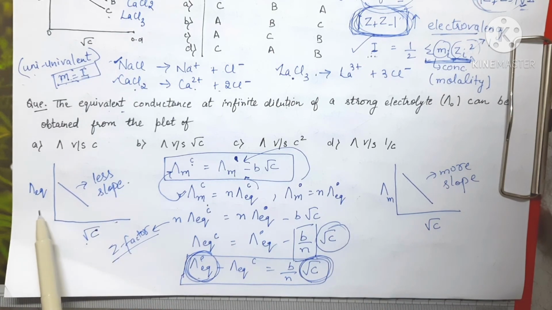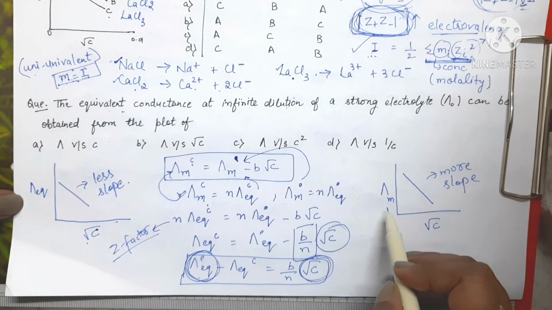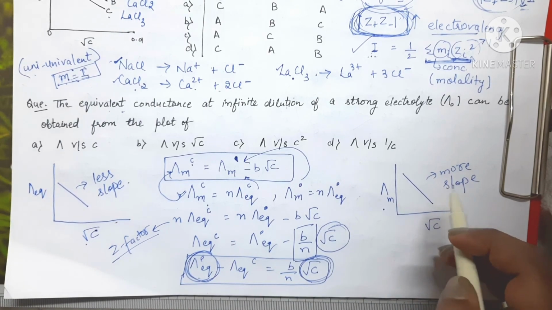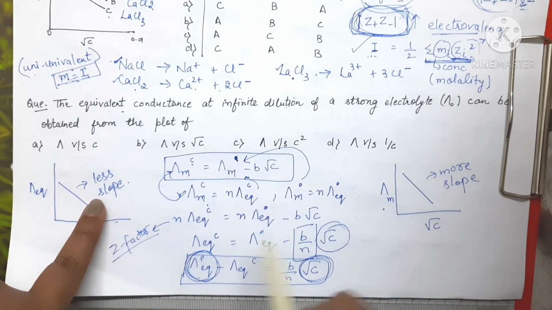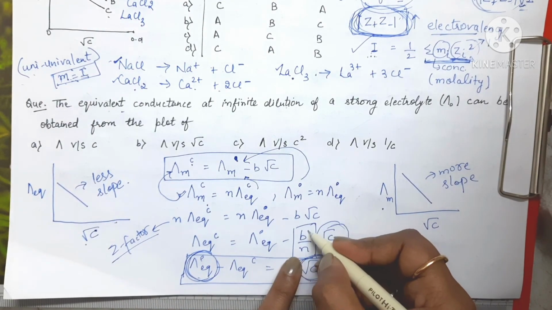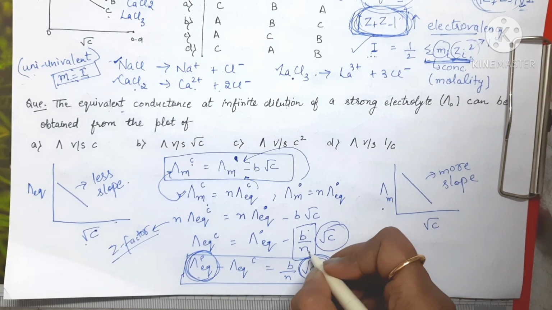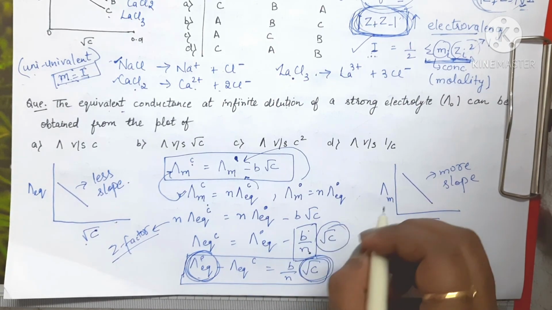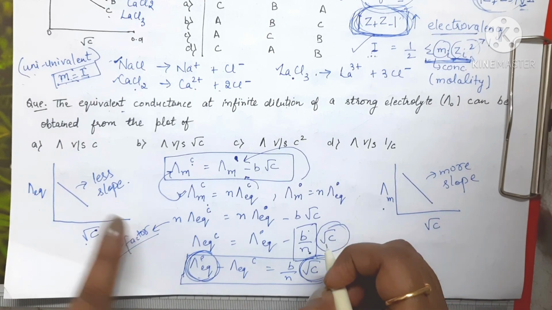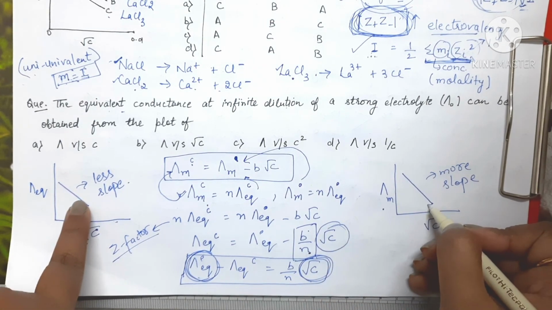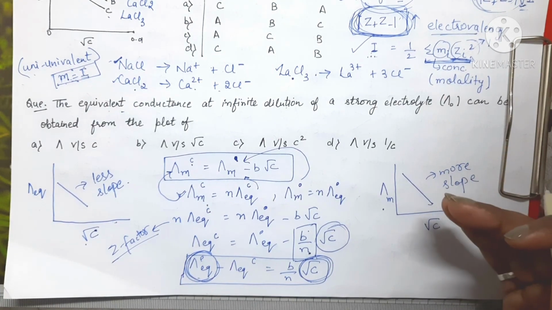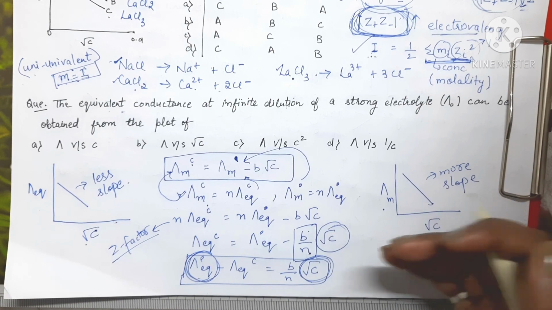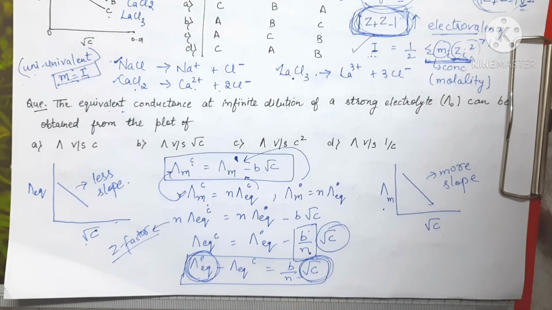But if you compare this graph of lambda EQ with lambda m, then what you will observe is that this one will have more slope as compared to this, because here we are getting this constant value divided by n, right? So overall this is decreasing the slope, right? So that's why here the slope will be less as compared to this one, but the graph will be similar, right? It will be a straight line decreasing slope graph. Okay, so this way you can get a graph, right? So I hope this question is clear.